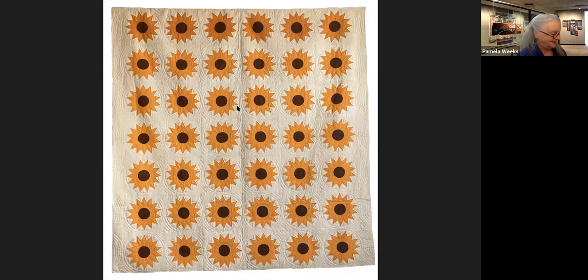Now this, to me, is a mystery. It was found in a trunk in Maine, and I sent it because of a statement that I had earlier made about New England quilts being not quite as fancy and decorated as other patterns. Like we would expect a high-end or a well-designed quilt to have borders and maybe sashings between the blocks. But this quilt, along with several others, was stored in a steamer trunk in the attic of a family homestead